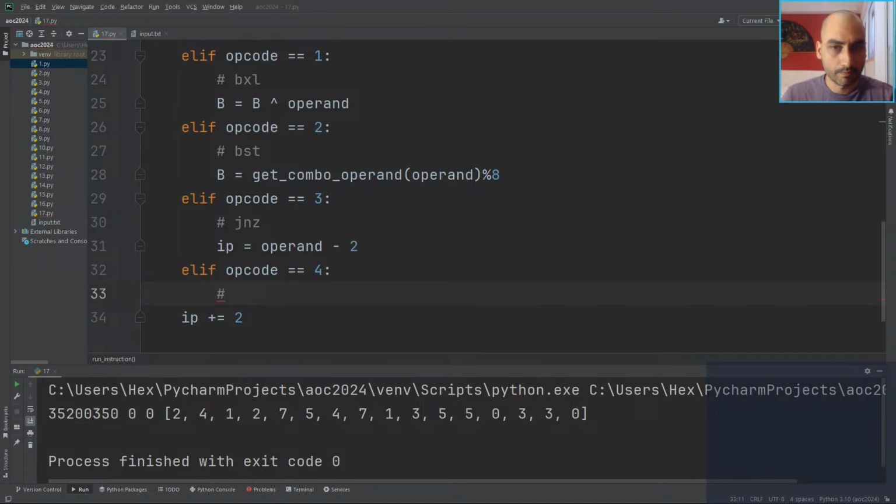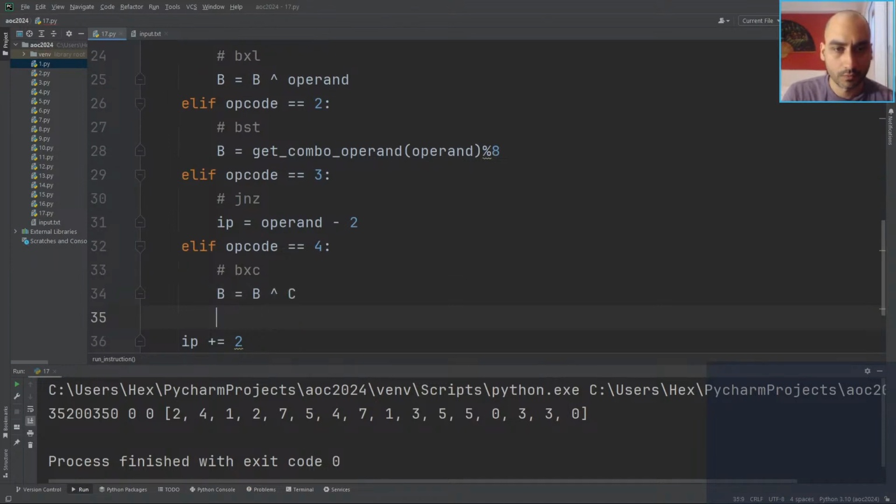So B equals BXC. B equals B XOR C. Doesn't use the operand. Okay. If opcode equals 5,